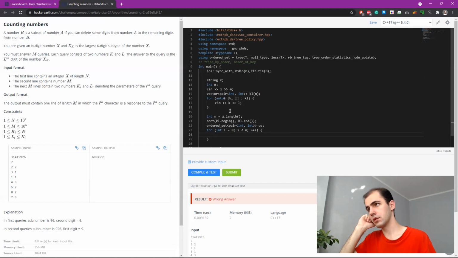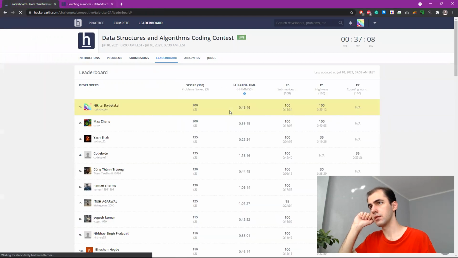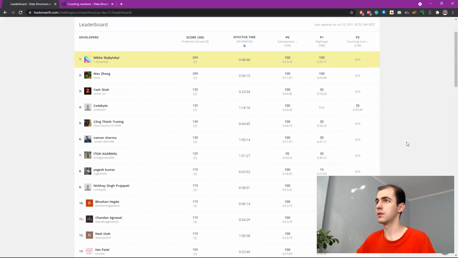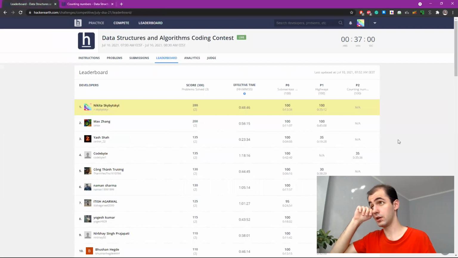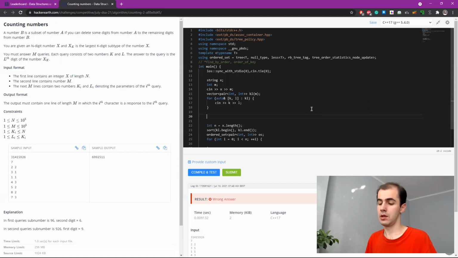We want to quickly answer maximum in a segment. Okay, so I actually got it first, surprisingly. So we have a chance of winning here, it looks like. So how do we get the maximum digit in the subarray? Sounds like a sparse table is the fastest thing to write here.